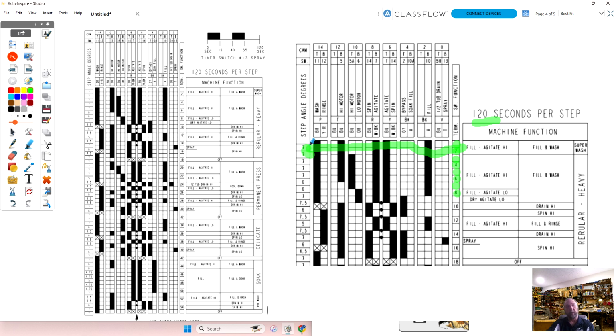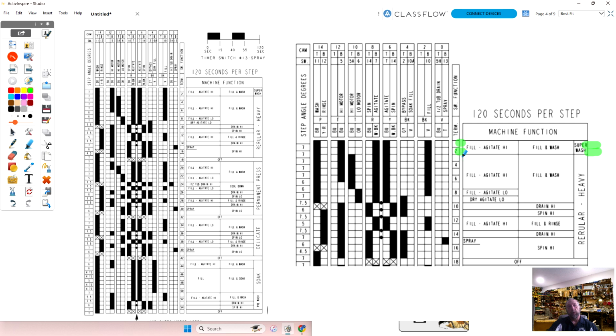And that means that that washer, when you put it at this point, that timer is going to do whatever it says here. It's going to fill or agitate on the high speed for 2 minutes, and then the timer is going to go click, and it's going to go to the next step. And if you see on the very first and second step here, that is going to be 4 minutes before it goes into fill and wash again. And the reason is that this is just an additional wash time. If you're really doing like really dirty clothes and stuff, it just extends the time.